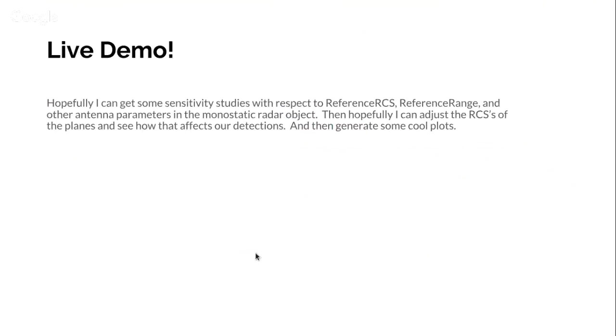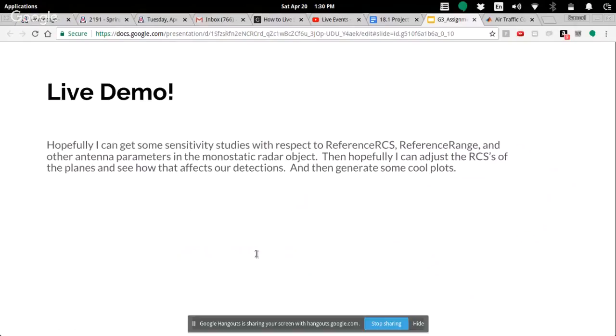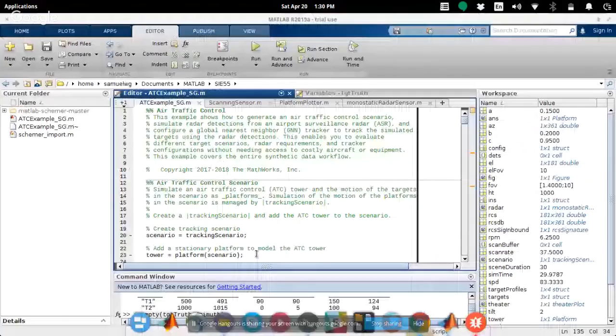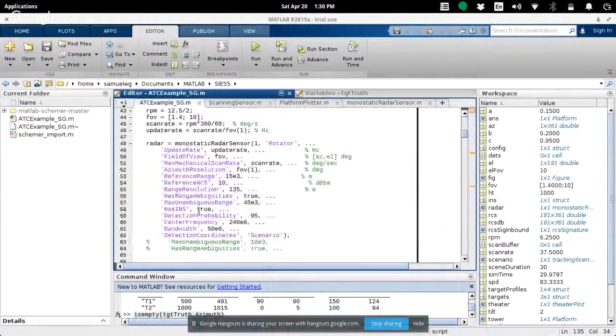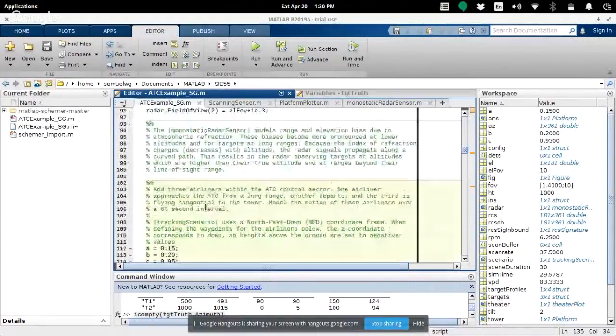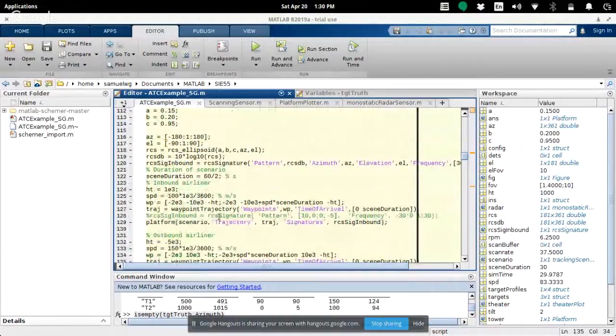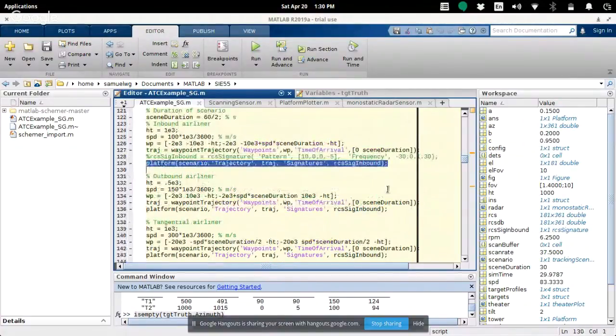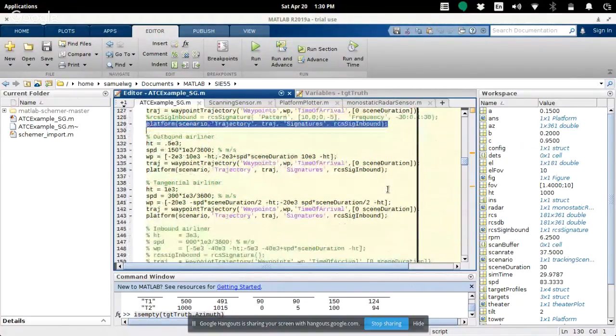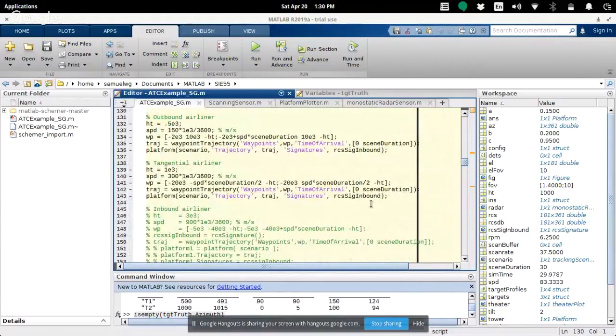So I'm going to go ahead and live demo this right now. So here's our code. As I said, we modified a few things within the monostatic radar. We also had to change the position of each aircraft so that it'd be within 15 kilometers of our radar, which is one of the specs. And then we also gave it an RCS signature